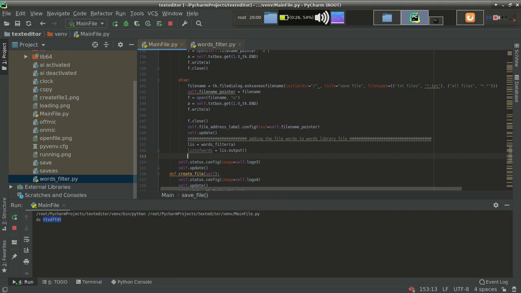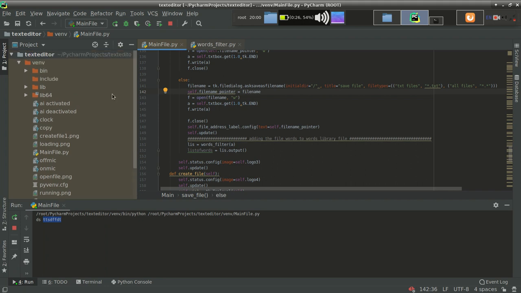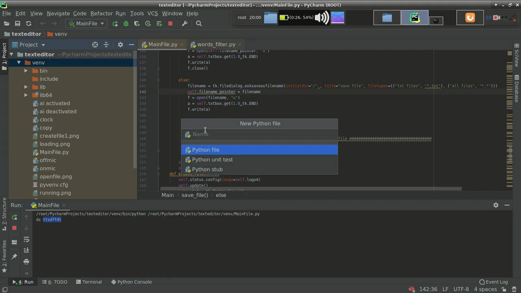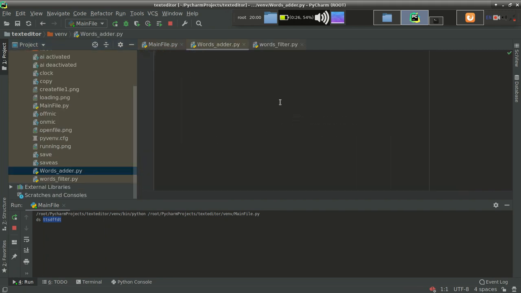Because word filter has the duty to filter words only, it will not add the words to the file. For adding words, we have to make another class. So let's create a new file. This time word adder. Words adder.